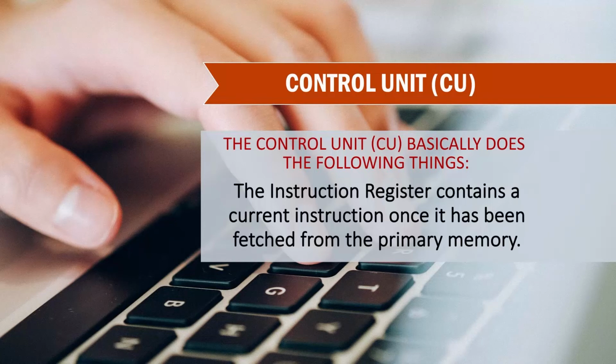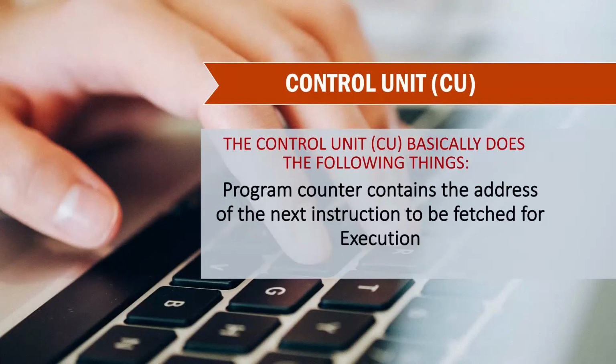So the instruction register contains the current instruction which is going to be executed from the primary memory, or basically the instruction register reads the next instruction to be executed from the primary memory, and then it decides what kind of instruction is to be executed on the basis of the specific circuit or the availability of the specific instruction provided. And as I mentioned, the program counter contains the next instruction which is going to be executed in the sequence,